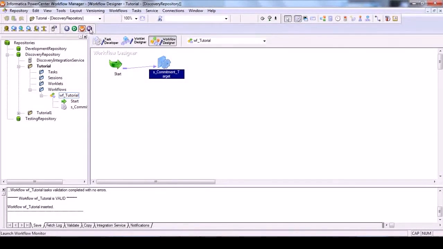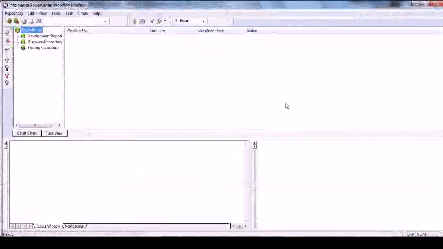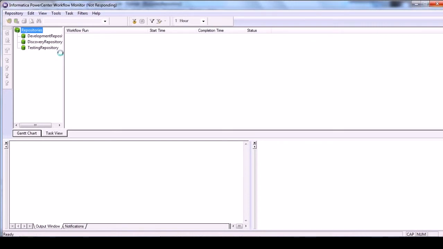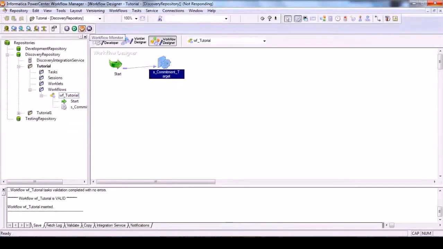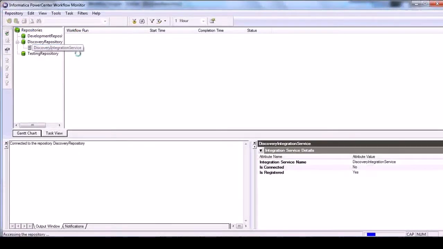So let's also open up the workflow manager at the same time so that we can see the progress of our workflow, and then we will be executing the workflow from the workflow manager. Okay, so here is the discovery repository, discovery integration service.